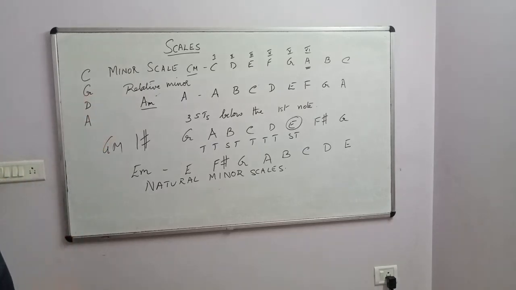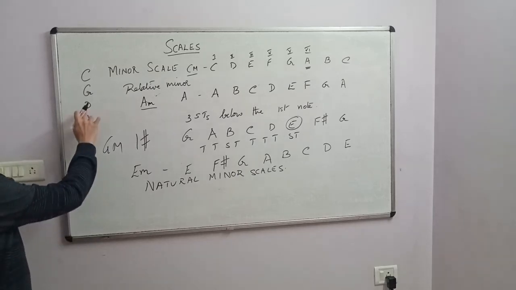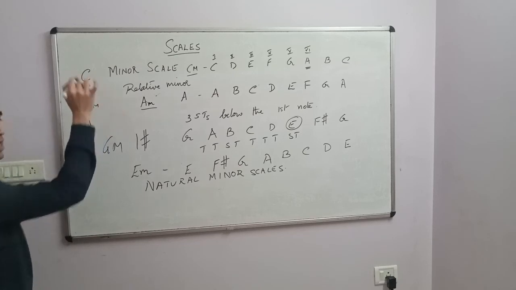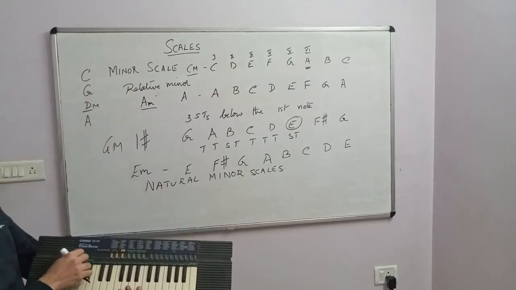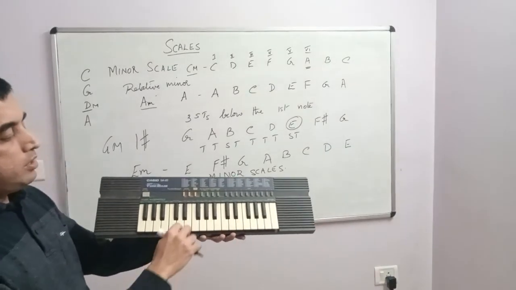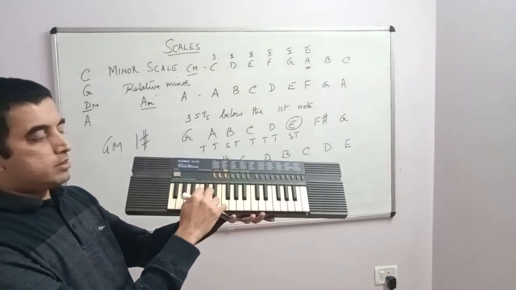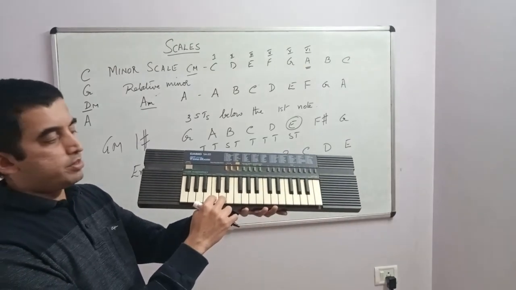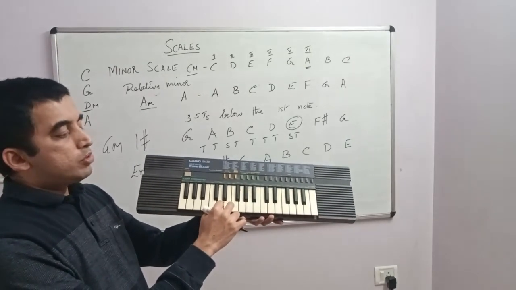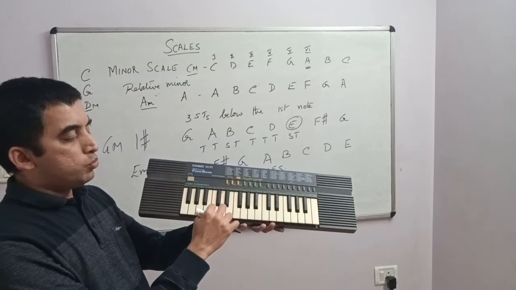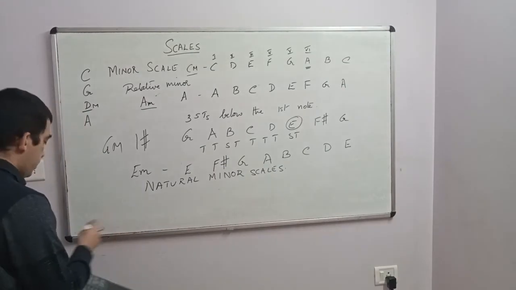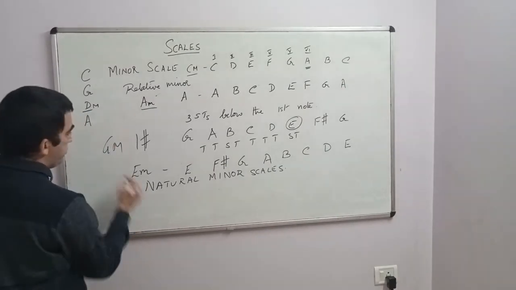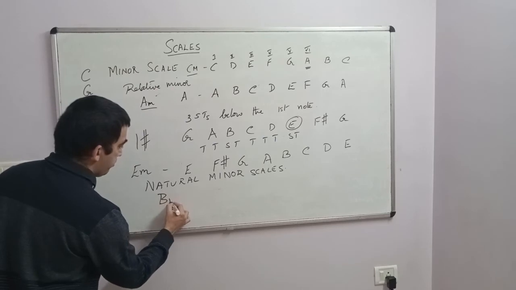I'll give you one more example for the minor scale. So consider the D major scale. Okay, so the relative minor of D major would be, again you'll have to calculate, right? So 2 black keys, 1 white to the left, that will be C, this will be D, right? So you count 3 steps back, 1, 2, 3. So this will be the B note. So if you want to play the relative minor of D major, it will be B minor.